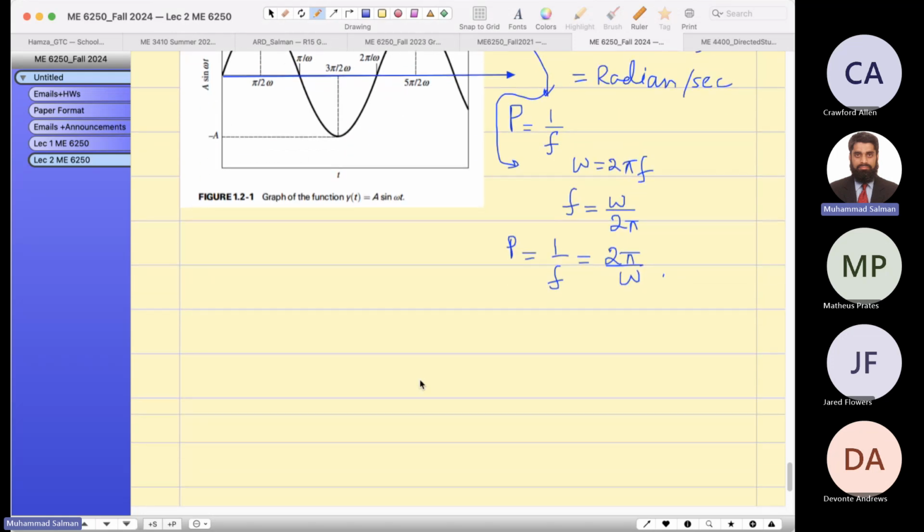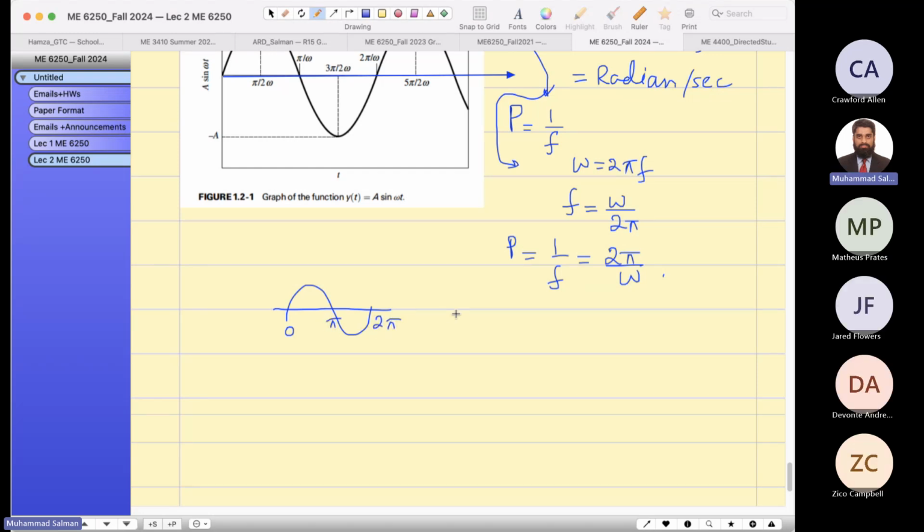And okay, in one vibration the time period is the time it takes to complete one sine wave, from 0 to pi and 2 pi. It starts repeating its cycle. For the sine wave or cosine wave, what is the time period? 2 pi, like 360 degrees. If I draw a circle for you, you will see.